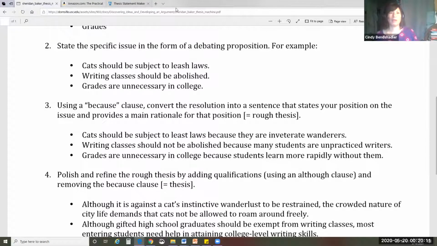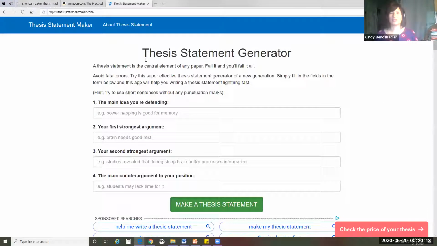So I believe that one of my students talked to me about this. It might have been a different website, but there is a website called thesisstatementmaker.com. There might be some others where you can go through a similar process. So the main idea you're defending, your first strongest argument, your second strongest argument, and then again, this has just 2 instead of 3 or 4 or 5, and then a counter argument to your position. So imagine that we're arguing about whether or not pineapples belong on pizza. I might say